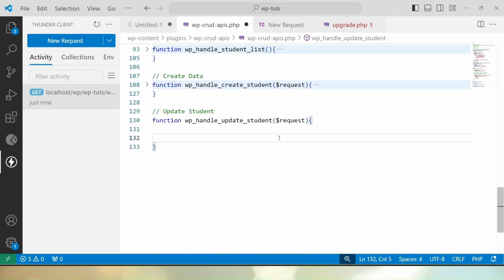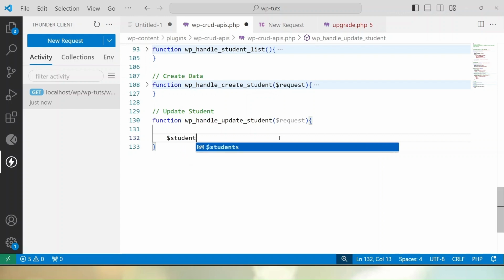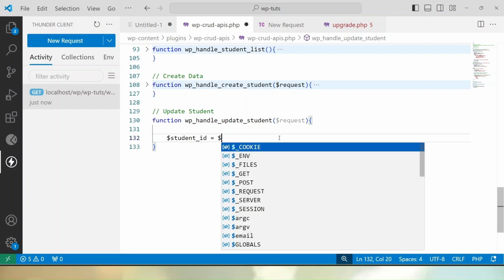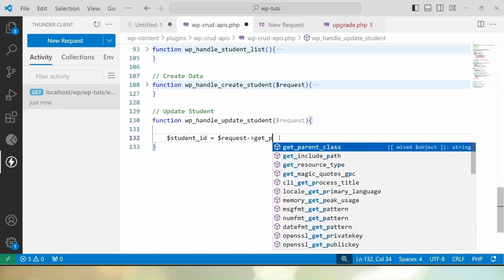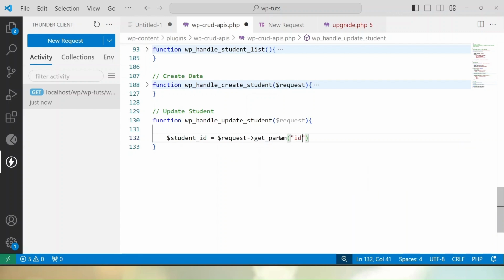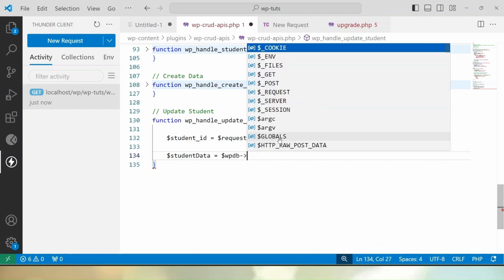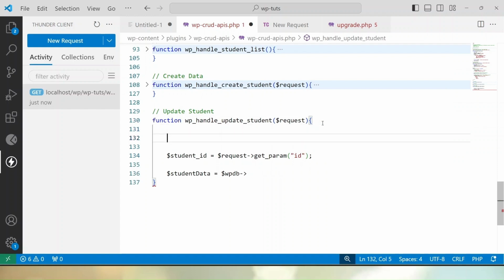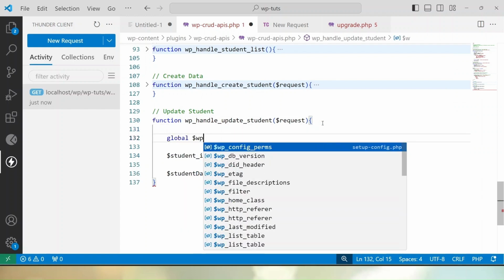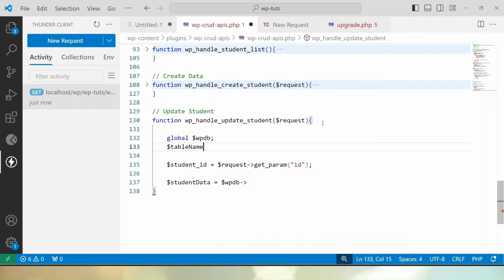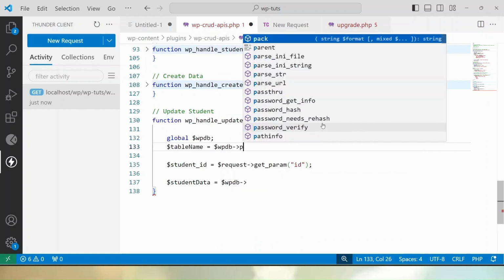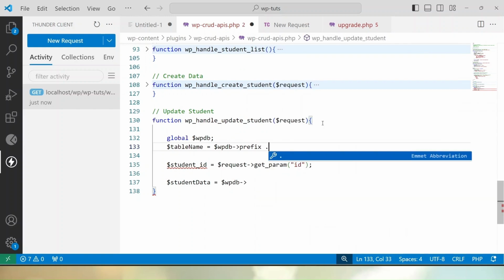So once we pass here, what to do? So ID, let's say student ID equals to request here, get param, it will be ID. And first we have to check that if this student exists into our table. So how to check? Let's say student data equals to WPDB. First we have to import this global database object. So global WPDB, and here let's say table name equals to WPDB prefix here. So students,